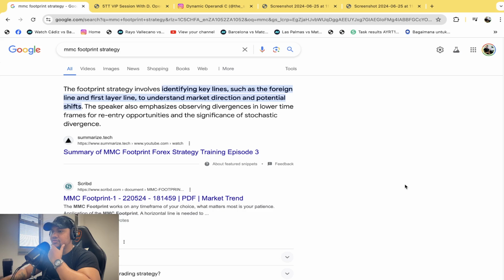Right now, according to Google, it says here the footprint strategy involves identifying key lines such as the footprint line and the first layer line to understand market direction and potential shifts. The speaker also emphasizes observing divergences in lower timeframes for re-entry opportunities and the significance of stochastic divergence. Now, it sounds very nice. If you were at a ceremony and someone said the footprint strategy, it sounds very nice, but in